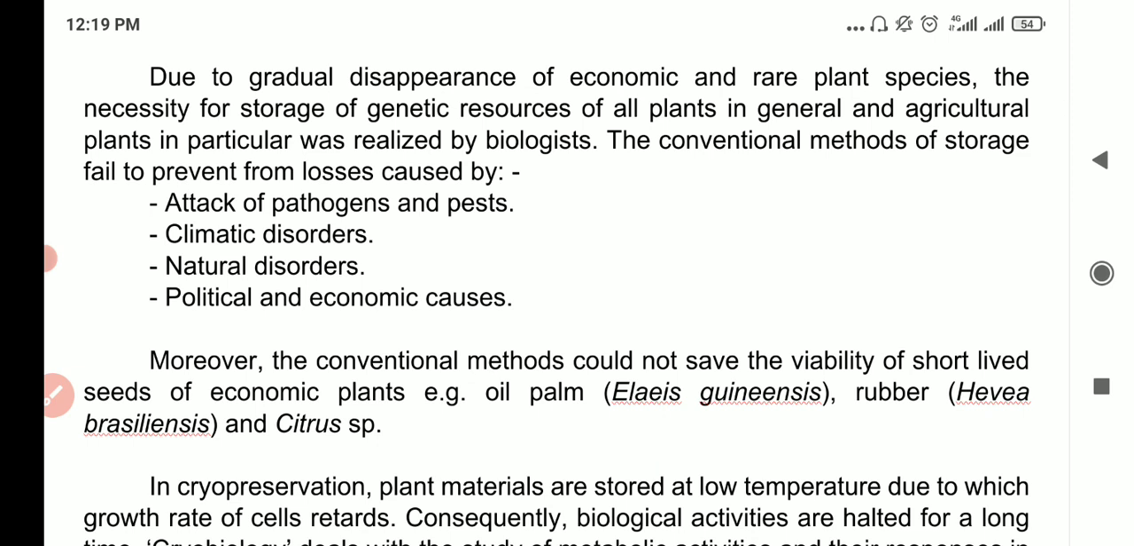So why do we need to conserve? Because the normal method of conservation still cannot prevent losses by, let's say, some pathogen attacks, just like right now, COVID happened. We don't know some epidemic, like 150 years ago, there was a very bad famine in India. A lot of people died because there was a